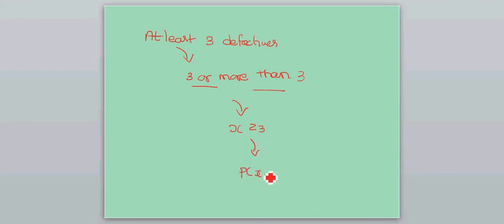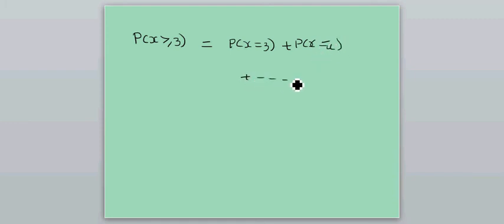So we are expecting probability of x greater than or equal to 3, and the maximum value we have is 20. So probability of x greater than or equal to 3 is probability of x equals 3, x equals 4, up to probability of x equals 20. But calculating this by the binomial model from x equals 3 to x equals 20